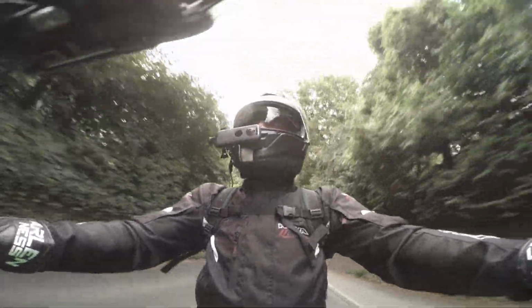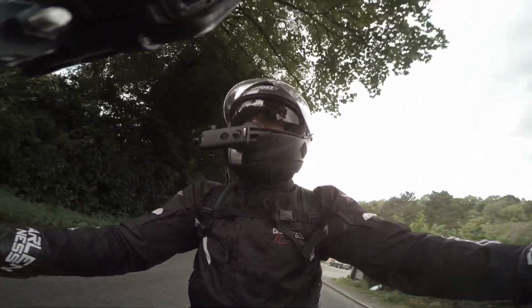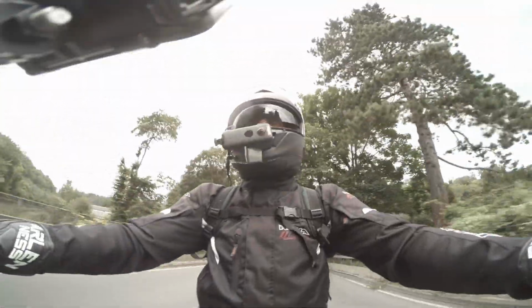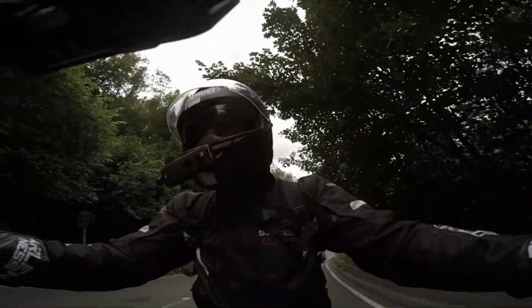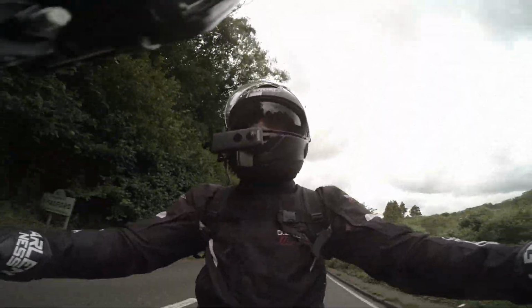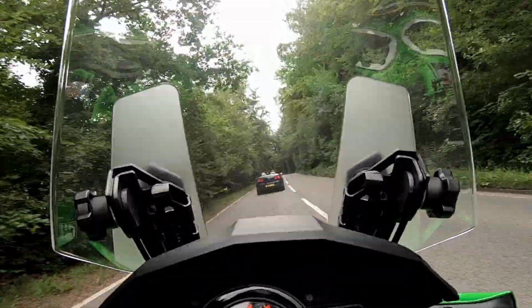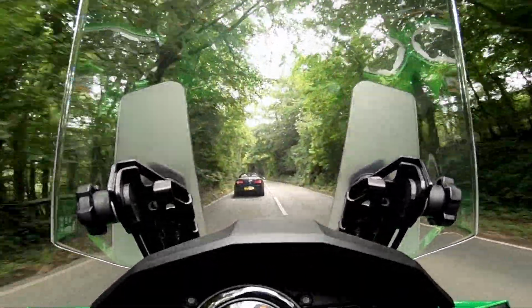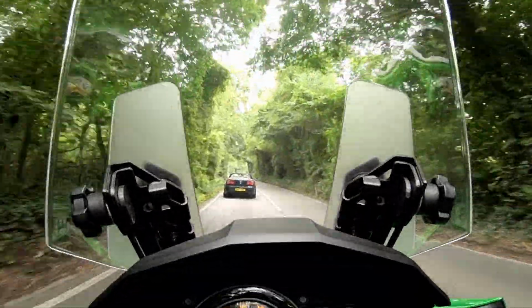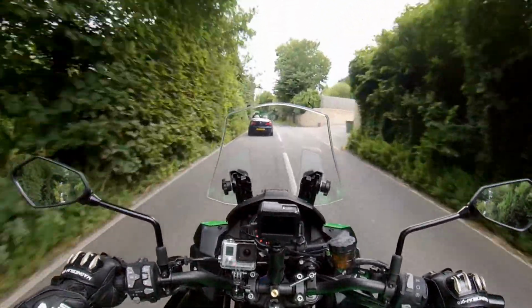This is a test going uphill. Yeah, I think the highest gear I want to run at this uphill at about 30 is fifth. Fourth would be a lot happier, I think. If I was two up with luggage, it would be a different story. But just little old me solo. Fifth gear pulls from quite low speeds, so we know a bit about how this bike goes at slower speeds now,